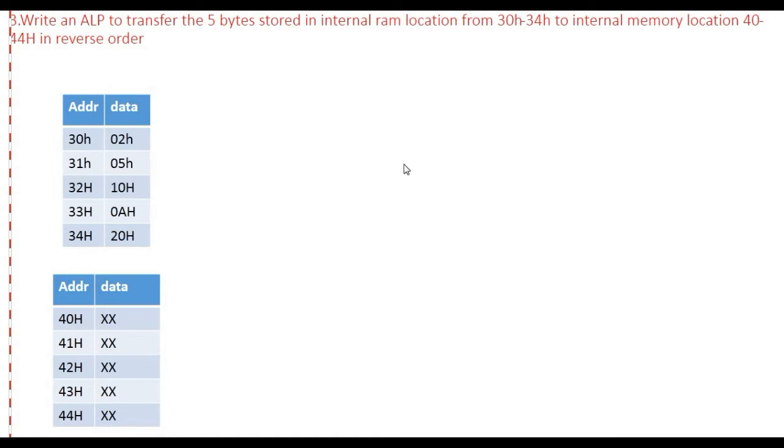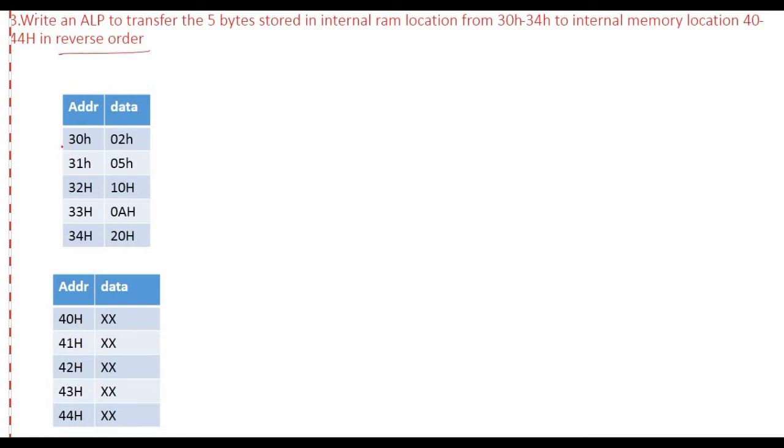The next program is: write an ALP to transfer 5 bytes stored in internal RAM locations from 30H to 34H to internal memory locations 40H to 44H in the reverse order. This program is similar to the first program, the only difference is we need to store the data in reverse order.